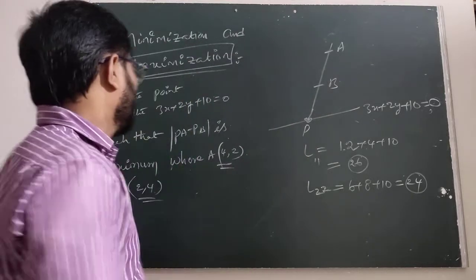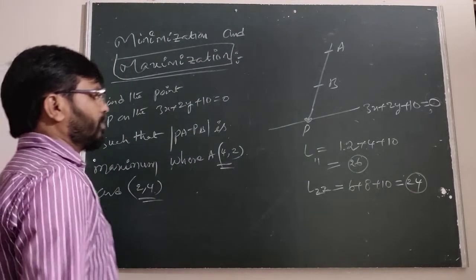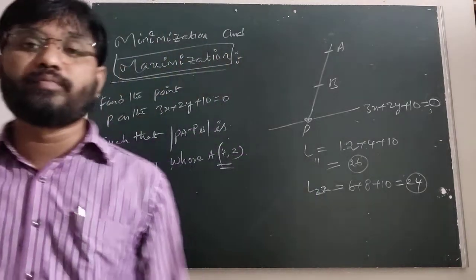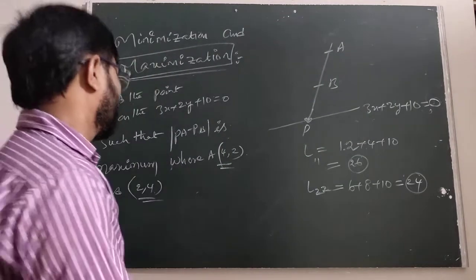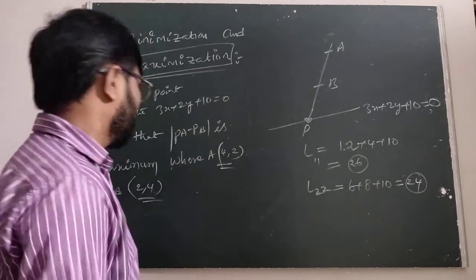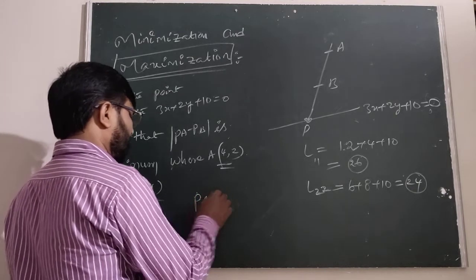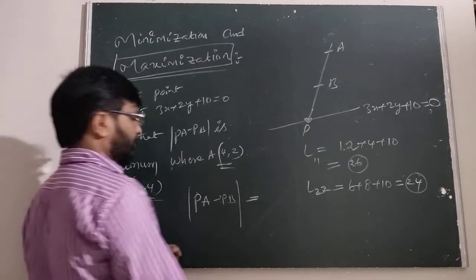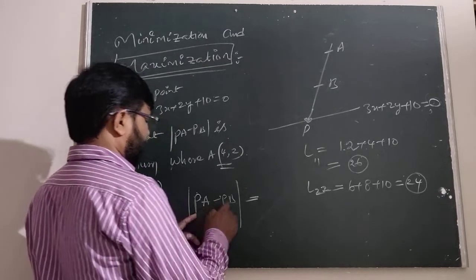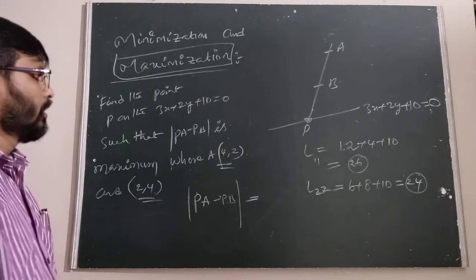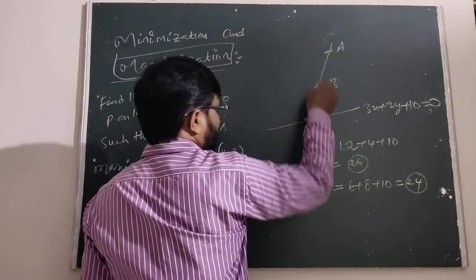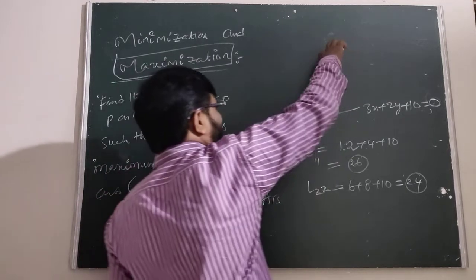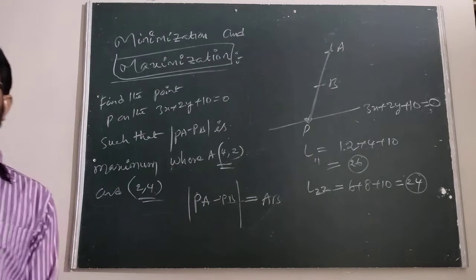Now here, when we are taking the minus, we find the maximum distance. Suppose the question is asking for the maximum distance of PA minus PB. How to write this? PA minus PB can be written as, this is the total PA, this is the PB. What you got? AB. That is enough. We have to take the distance between the given 2 points. That is the maximum distance of PA minus PB.